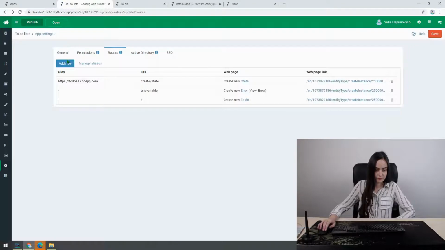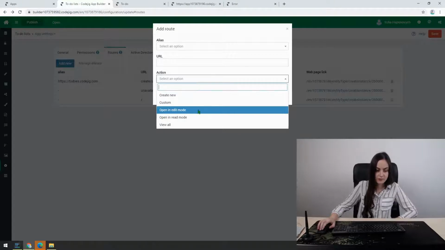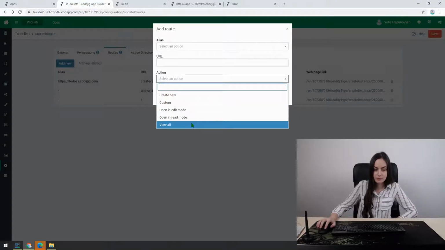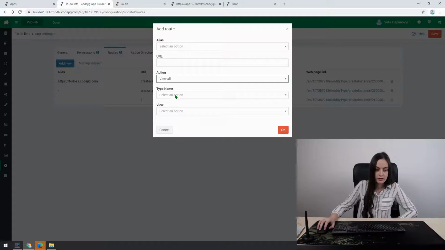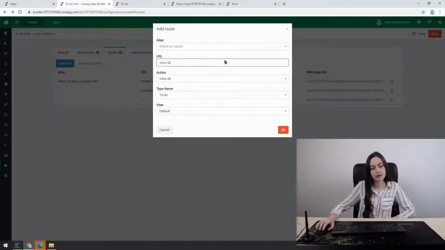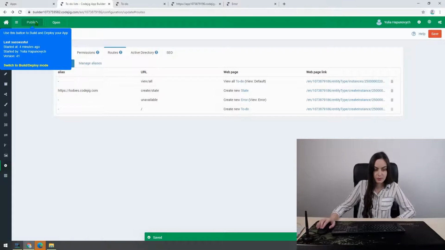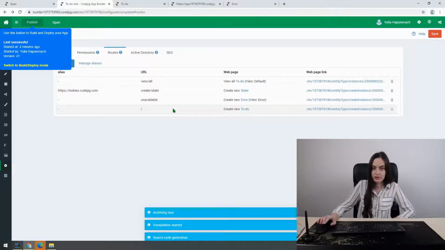Great. Going back to our settings, we will now create a new route. So out here, let's try to check and test some new actions for different routes. Let's try, for example, to create a view all instances for to-dos, selecting a default view, and the URL will be view all, and let's make it available for both our aliases. After saving and publishing, we'll try to open a view all page to see all the tasks